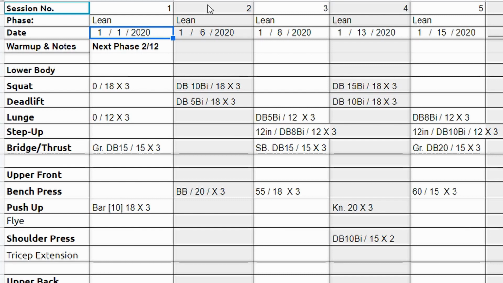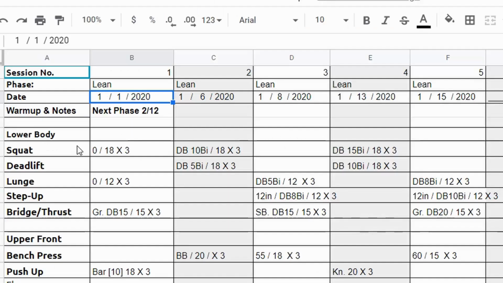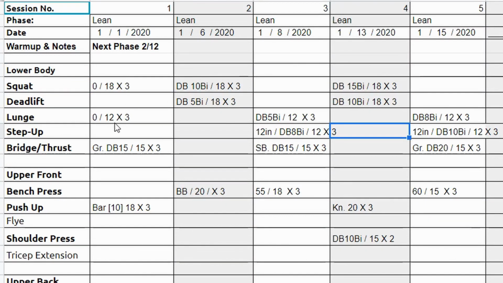When she does change phases, her workouts will change quite a bit because at that point she'll be working more on muscular endurance. So she'll be doing 2 to 3 sets, and she'll be doing pretty high rep count moves there. But let's not worry about that yet. Let's worry about what she has going on for the next 5 workouts. As you can see, this client's doing a whole ton of different lower body exercises, and that's because that's primarily what she wants to work on. She wants to work on her lower body strength and, of course, that booty.